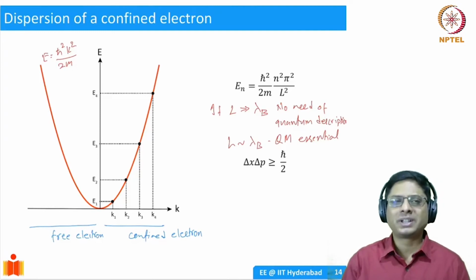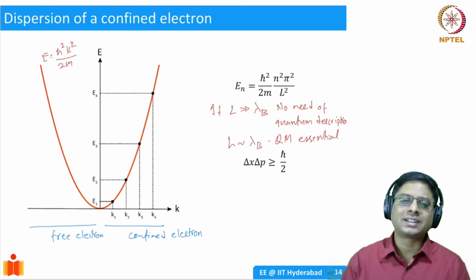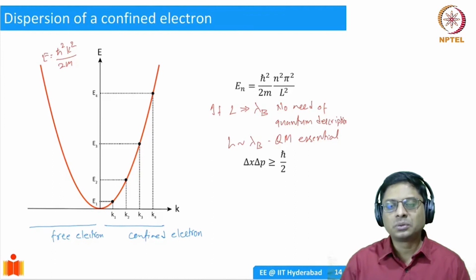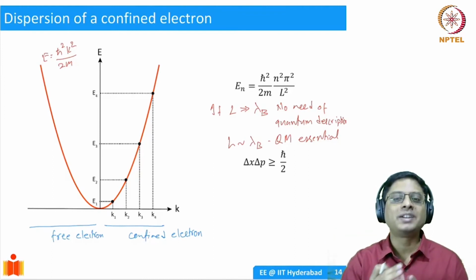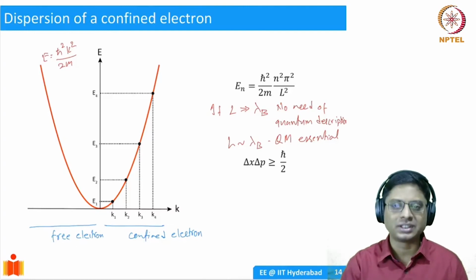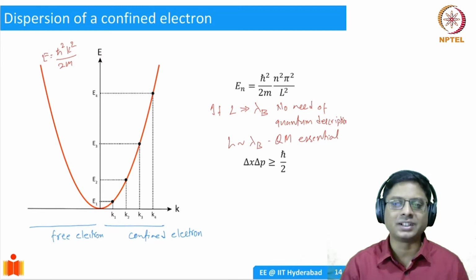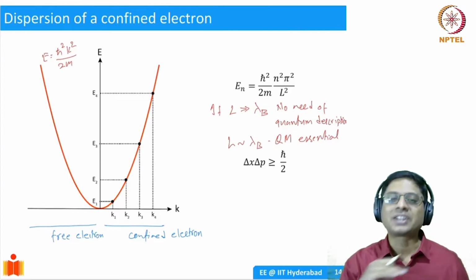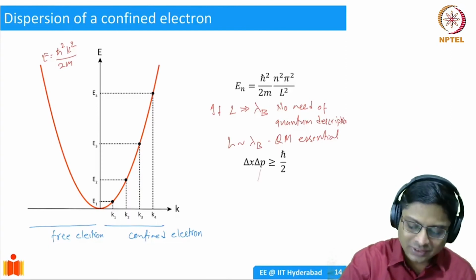This could also be understood by the uncertainty principle. We know from Heisenberg's uncertainty principle that delta X into delta P is greater than h cross by 2, right? So if you try to confine an electron in a very, very small dimension, its momentum becomes very large. Once its momentum becomes large, the energy also increases, right? If your X is large, for example, 1 kilometer, then the uncertainty in momentum is nothing, so energy is very accurately known. This delta P basically tells you the uncertainty in the momentum